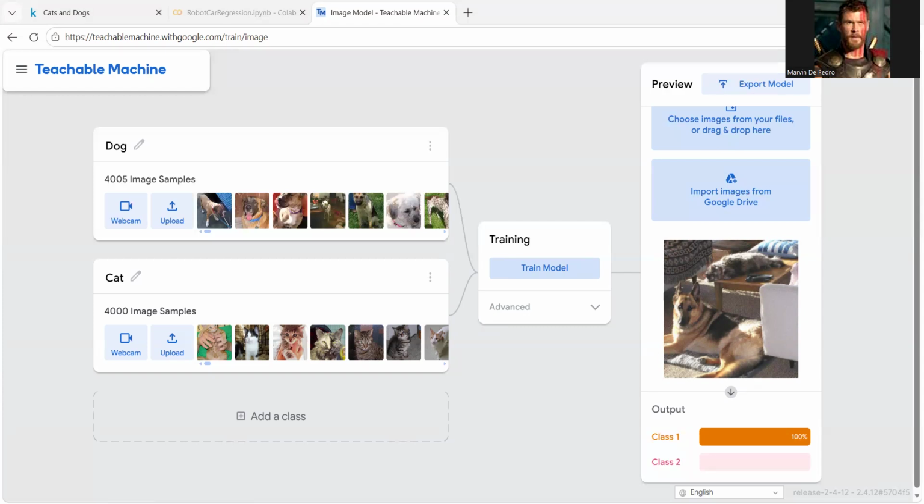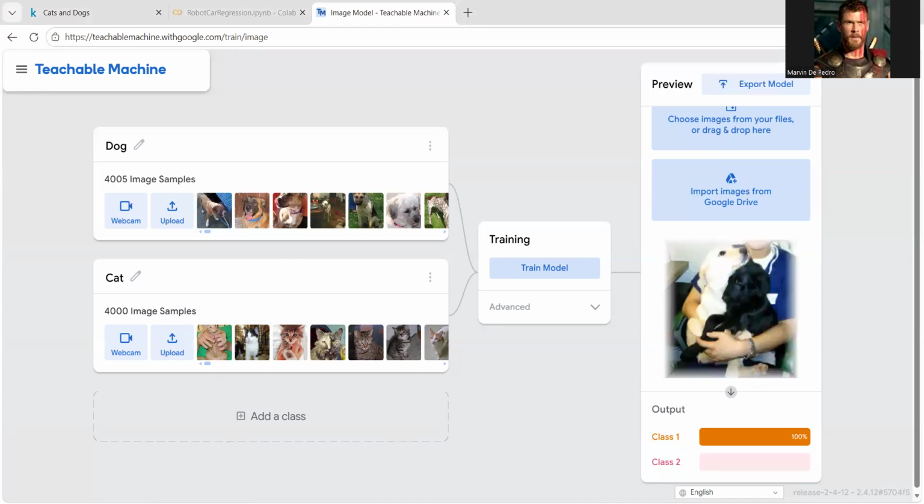Okay, this one has a human involved in it. Let's see. Still it's a dog. But if we choose a cat, let's see if it can predict the cats also. Okay, let me fix the window first because I cannot see. Okay, maximize, because Zoom has a view large. Right. So now we have images of cats.